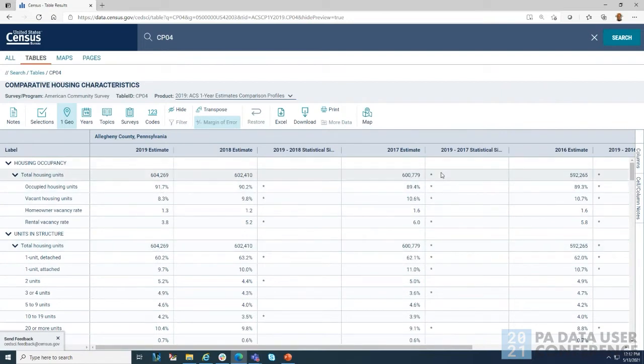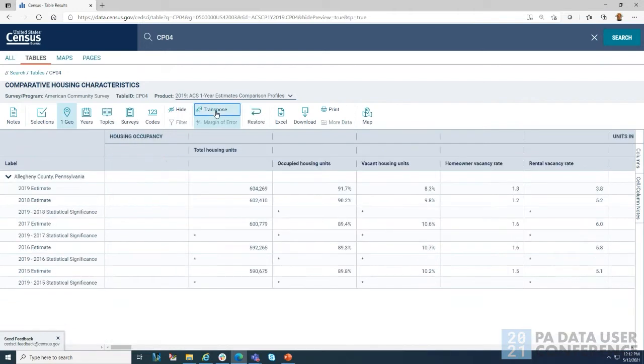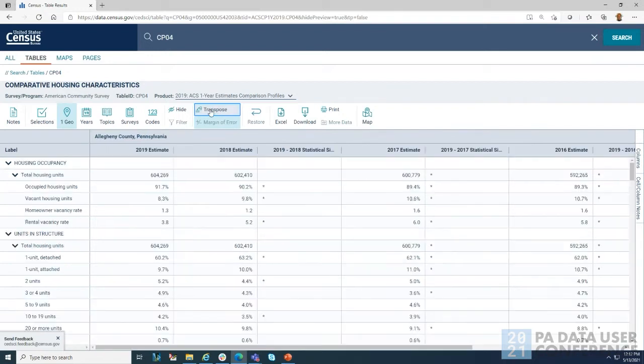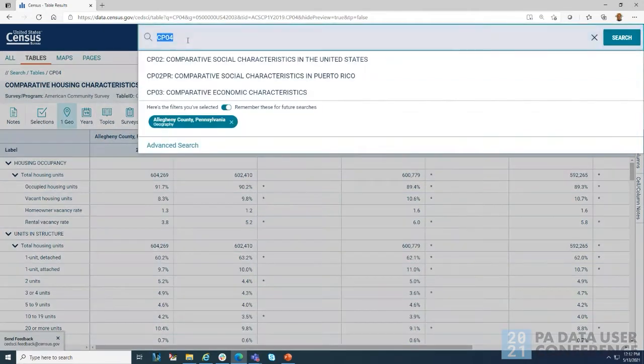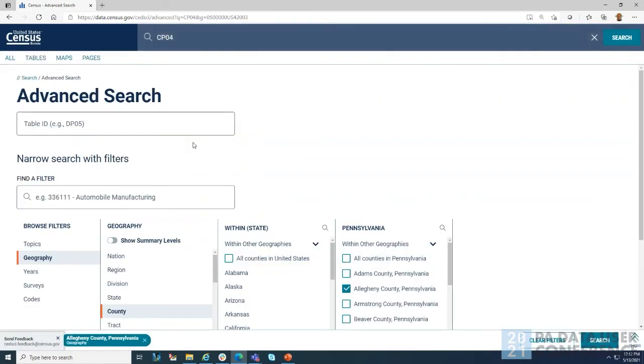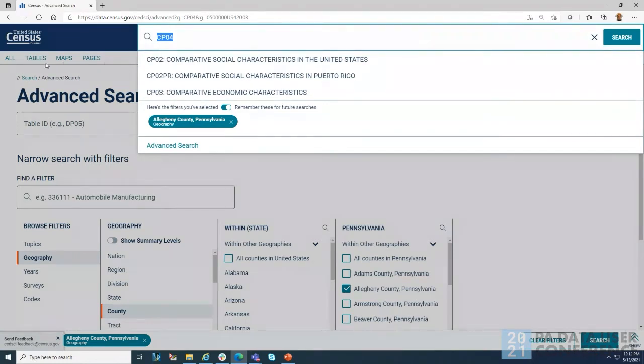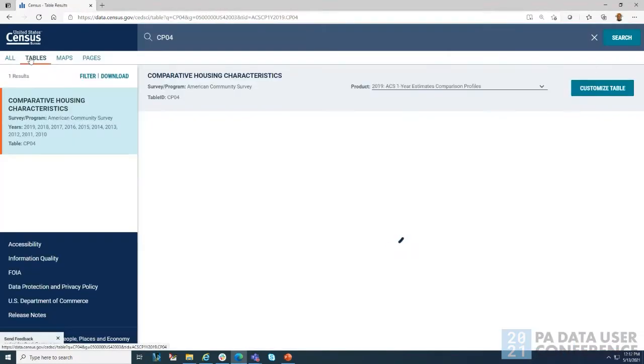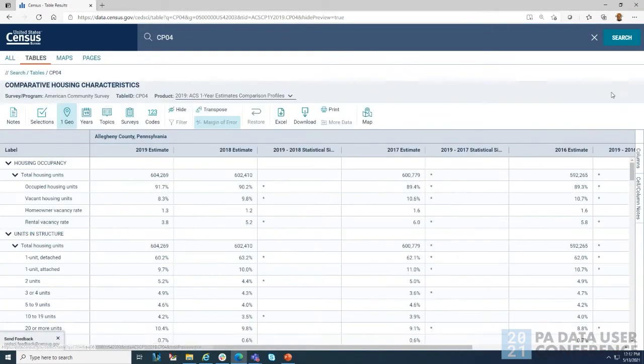And there are some other things that you can do from this. You could transpose the tables if you wanted to, which basically makes everything vertical, horizontal, or not, because it's very jarring to see a hierarchical table like that. And then you can just do other things you wanted to, just the same as if you were to use the advanced search right down here. But back into the table and the customization.